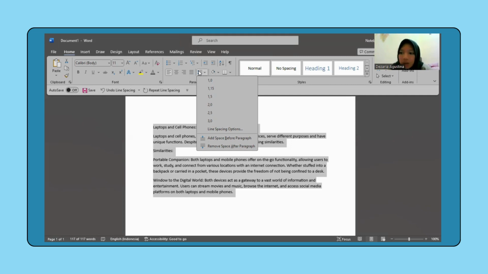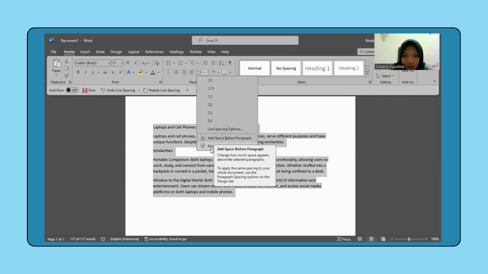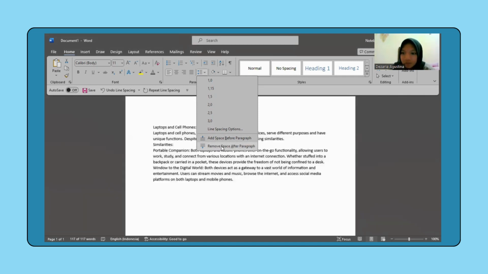And then at the bottom of the list, there are two options: Add Space Before Paragraph and Remove Space After Paragraph.